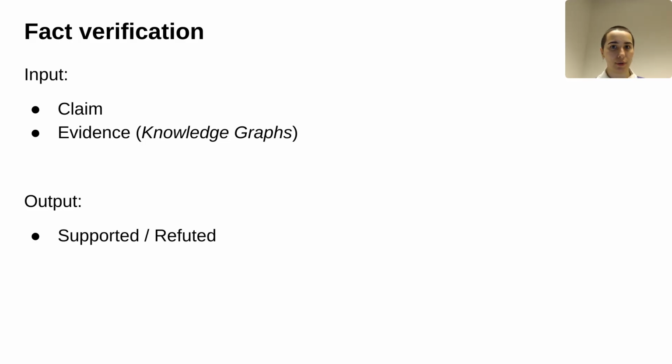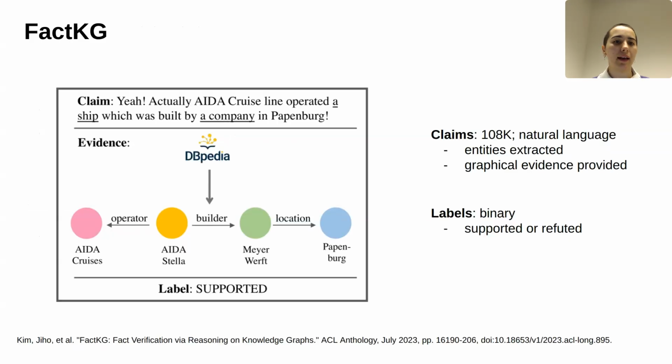instead of textual documents. To address the task in this setting, we looked at the FactKG benchmark, which contains over 100,000 claims that are either supported or refuted by knowledge which is contained in Wikipedia, a pretty large knowledge